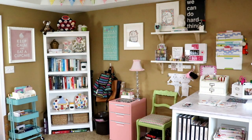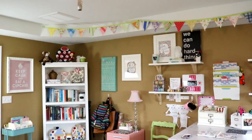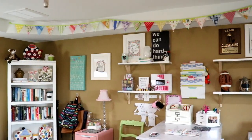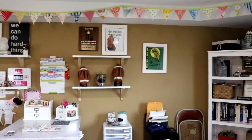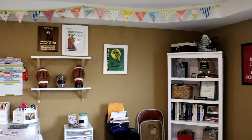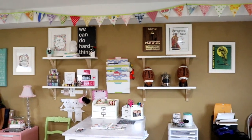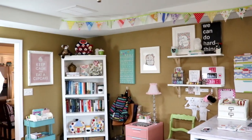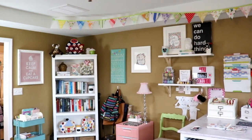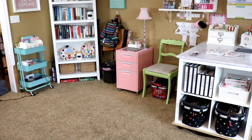So what I am going to do is give you, let's go up and down too. Show you the top, because I do have this cute little banner that goes all the way across this side, and the other side of this room has one as well, but instead of being a green type of banner, it is red, but it's got the same little pennants on it, and I ordered it off of Etsy. Oops, and there is my lamp. Okay, and let's go all the way down